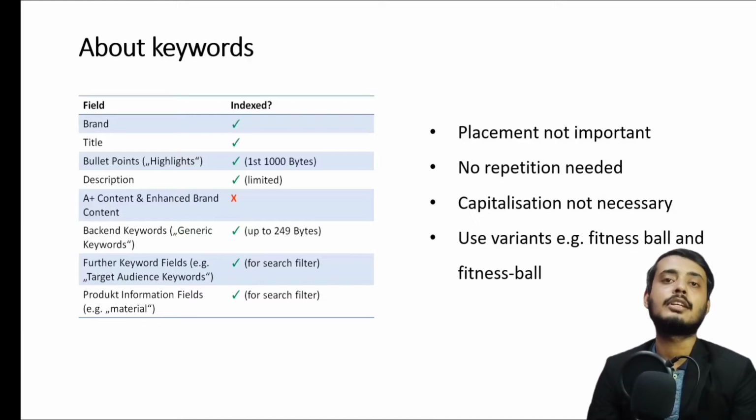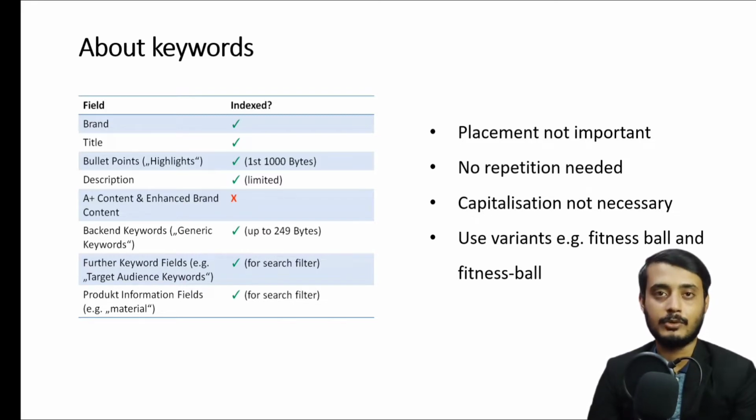So how does Amazon keep a record of the keywords in its product listing? The process of indexing refers to Amazon creating a big database of all the keywords in its products. Amazon will only index certain parts of the listing. In this case, the brand, the title, the bullet points, the description, and a field called backend keywords, which is